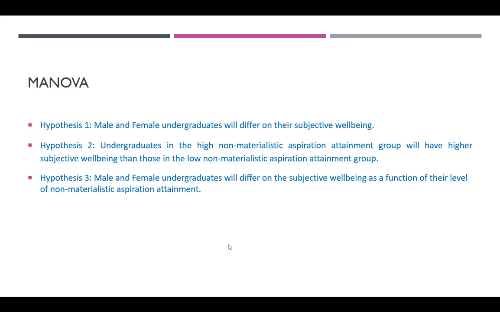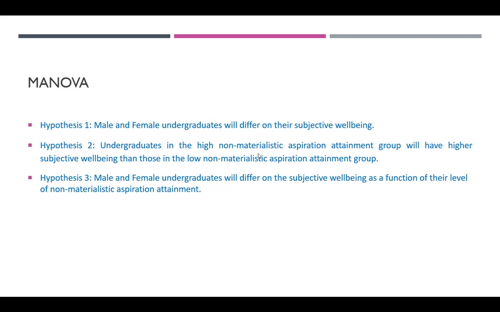Hello. In this video we're going to be looking at the MANOVA output and specifically we'll go through the data assumption checking. So it's just to remind ourselves why we were doing the MANOVA. We wanted to explore whether gender had an impact on subjective well-being as a whole. So that's when we consider cognitive, emotional and social well-being together simultaneously to represent subjective well-being. We wanted to see if gender has an impact on that.